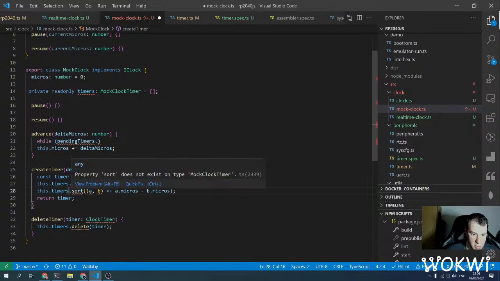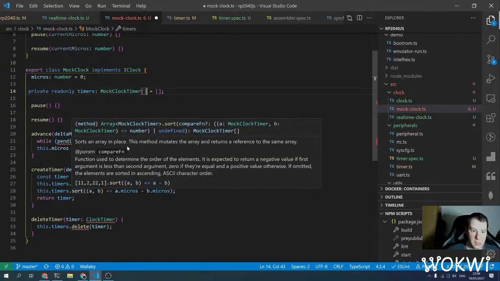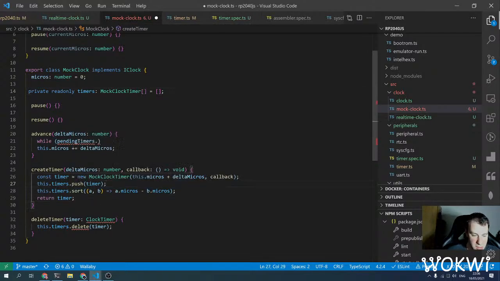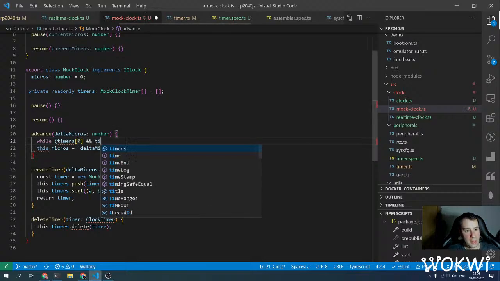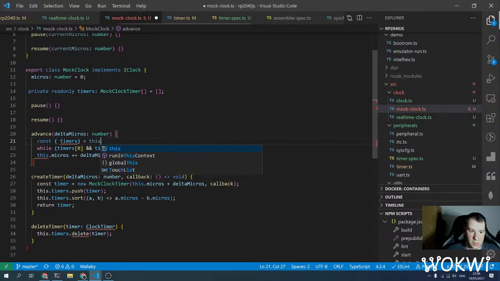I think it's sorting in place. So array, of course, sorts an array in place. Documentation. And then this is always sorted, and now we are doing while there is a timer at index 0 and the time